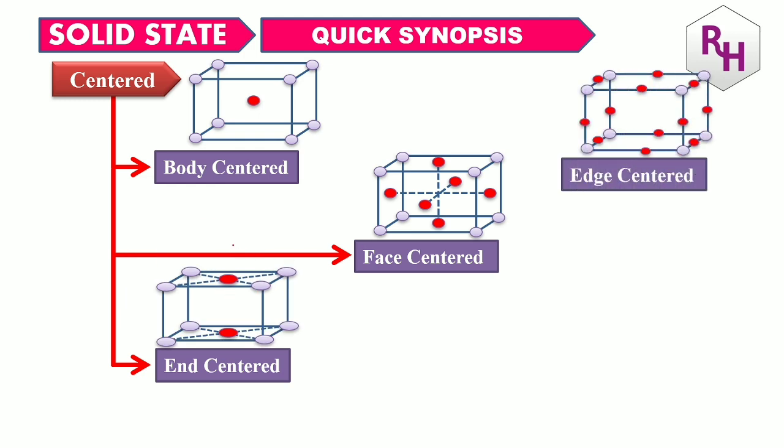See the name. Body center: at the center of the body there is one particle. Remember the cube will have 6 faces, correct? 6 faces, so 6 points are there; that is face center. Here end center: each cube will have 2 ends, this one and this one, so 2 end centers. Edge center: remember there will be 12 edges present in the cube. Each line we call an edge, so 12 edges are present; that is called edge center. 12 edge center points are present.